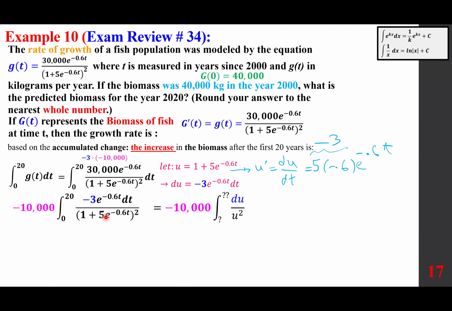And I'm not going to write the new limits yet. We're going to come up with that in a moment, but you can always go back to the original limits, 0 to 20. We're going to discuss the new limits in a moment. So this is negative 10,000. Du over u squared has been done many, many times. This is